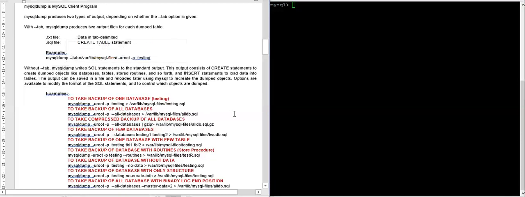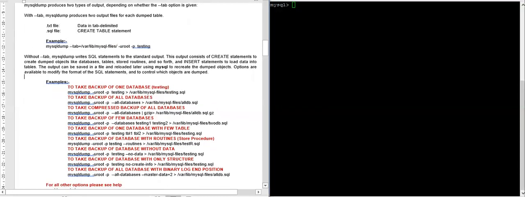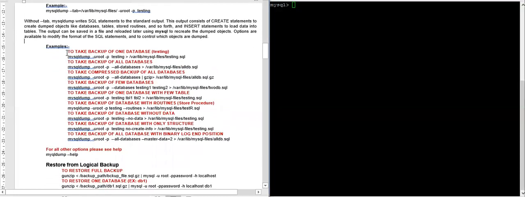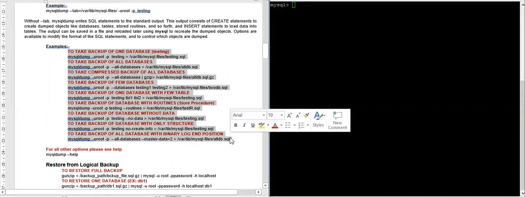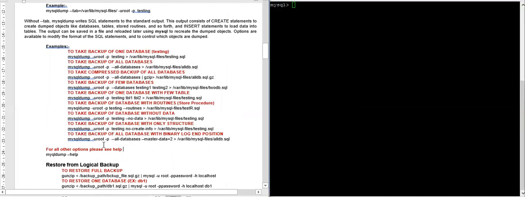Now, coming to what are the possible ways to do a backup using MySQL. These are some possible ways we have mentioned here. There are lots of ways. If you want to do something else apart from these options, you can go to mysqldump --help.